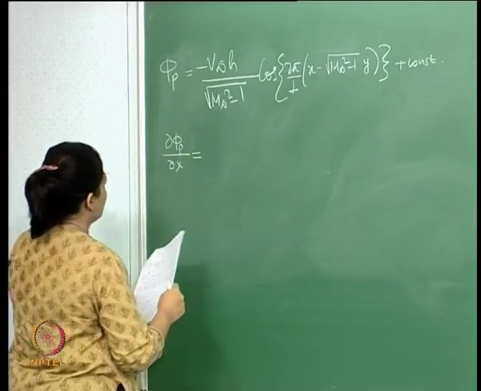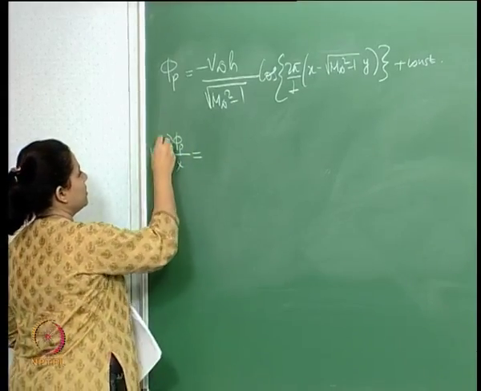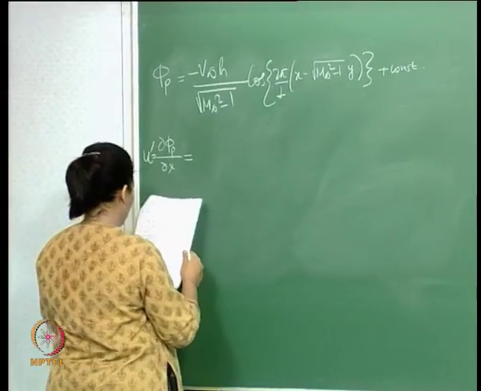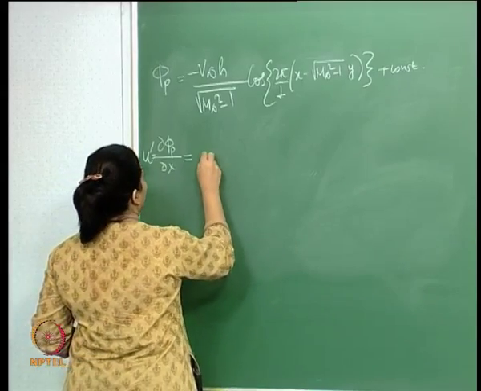So this is essentially u dash, isn't it? This is essentially our u dash. So del phi p del x is u dash. What do we get here? So what we get is